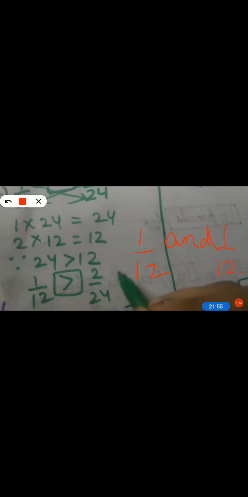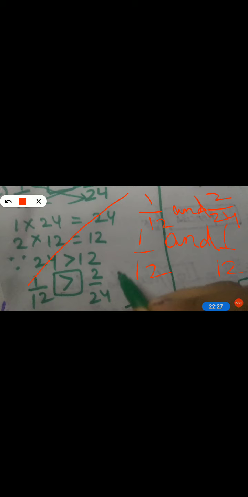अब आपसे पूछा जा रहा है कि बताइए इन दोनों में से बड़ा कौन. So 1 upon 12 and 1 upon 12 both are equal. So first of all you should convert this 2 upon 24 to the lowest term. Don't do this question by this method. This will be wrong. You will first find out the fraction in the lowest term. आप 2 upon 24 को पहले lowest term में लेकर आएंगे and then you will solve this question.